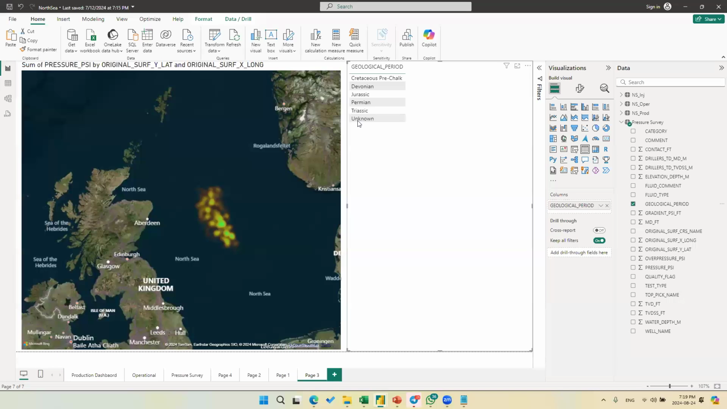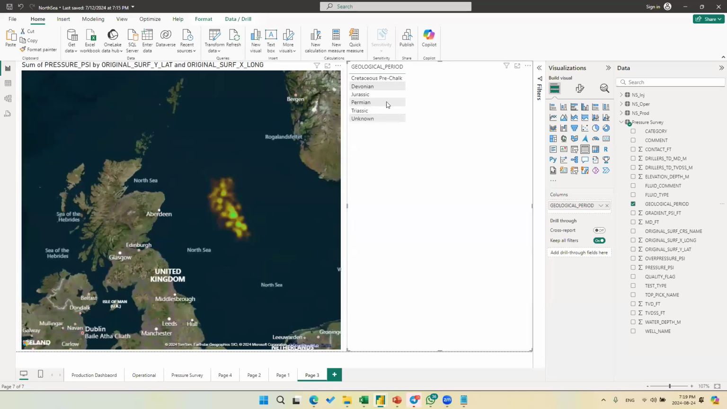What we want to know now from this pressure map is: what is the average pressure that we are getting from the Cretaceous? What is the average from the Jurassic, or let's say from the Mesozoic, and what is it from the Paleozoic? What we will do is drag and drop the pressure next to these geological periods. And basically what we will get is the recommended aggregation from the Power BI engine,